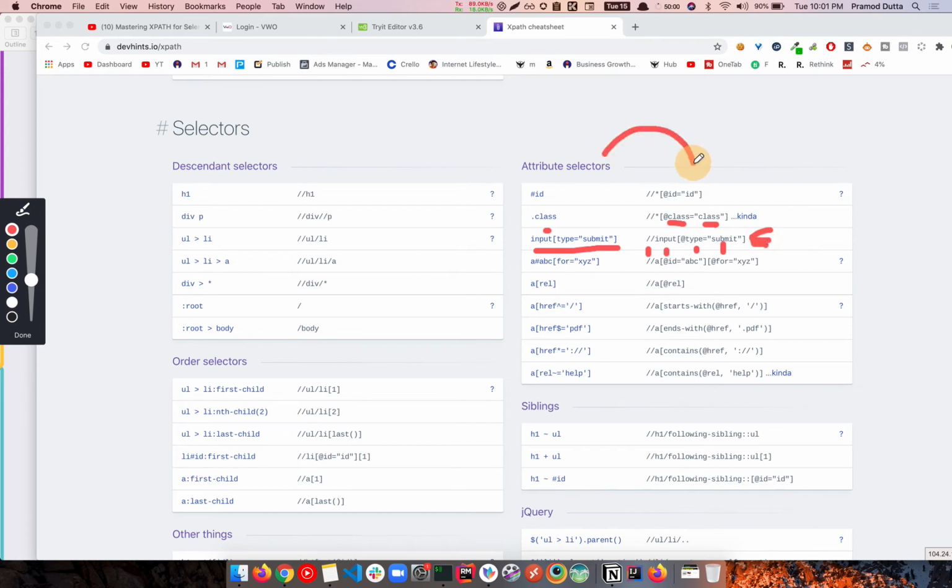So basically, it's a conversion of CSS to XPath, right? If you see in a nutshell, CSS selectors are pretty much straightforward and they look very simple. But it's basically up to you which you prefer, XPath or CSS selector. Most of the time, we prefer CSS selector in most of the cases, right?